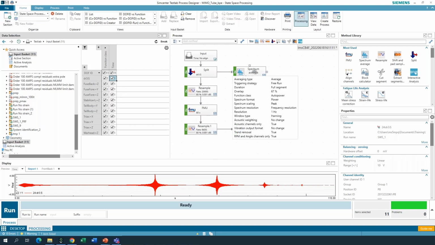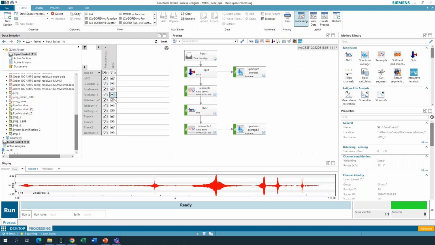At the same time, I will split off the other channels here, which are the responses, the measured responses, as you can see illustrated here. And I will also calculate the spectra from these. And I can then compare the spectra from the measured responses with the responses coming out of my model. That's the idea here, to illustrate that we are quite close to the data with this model.